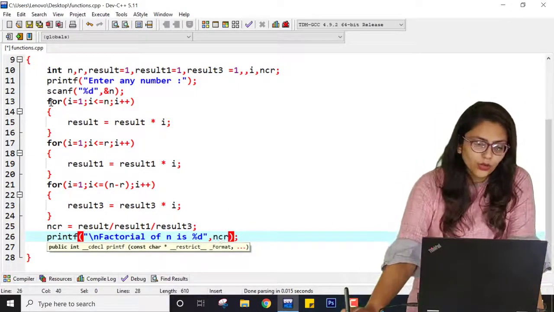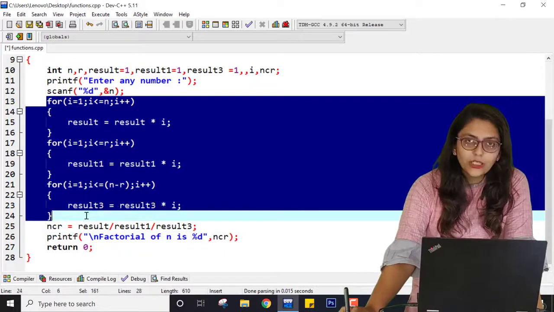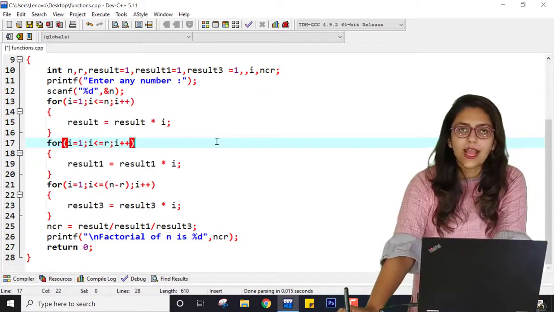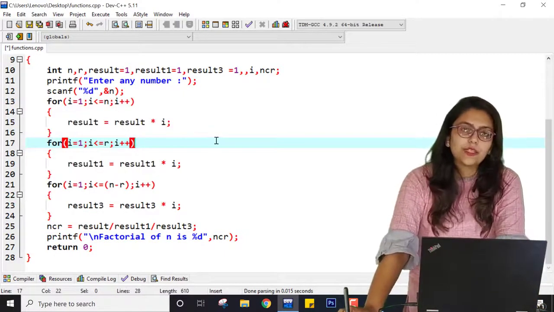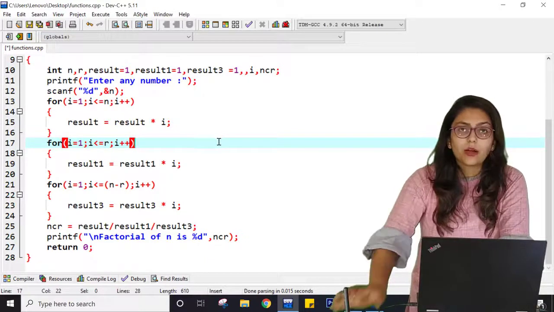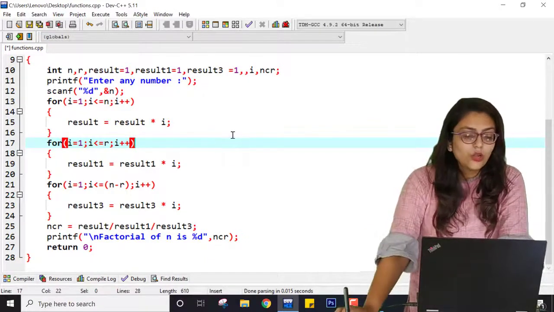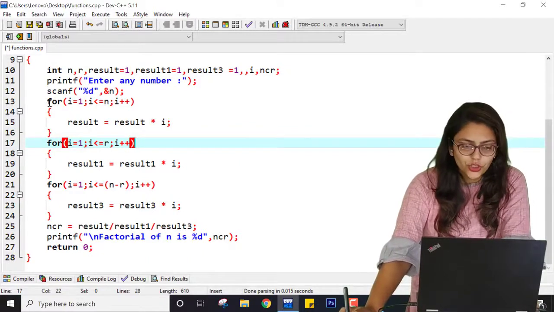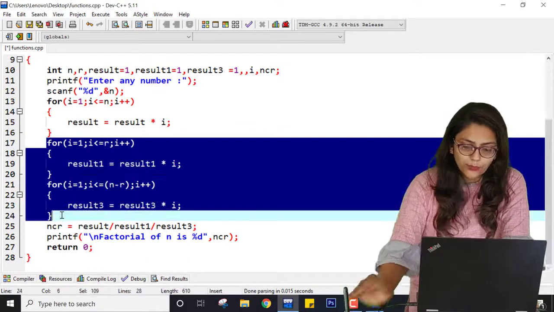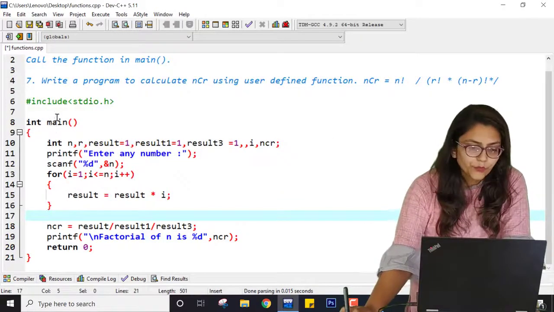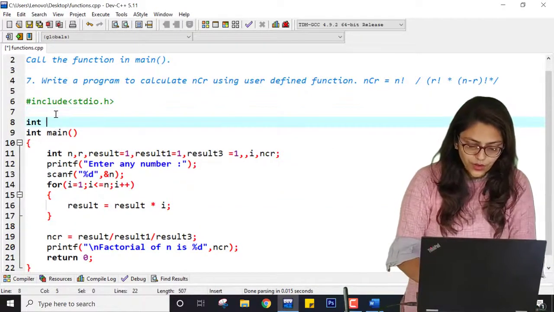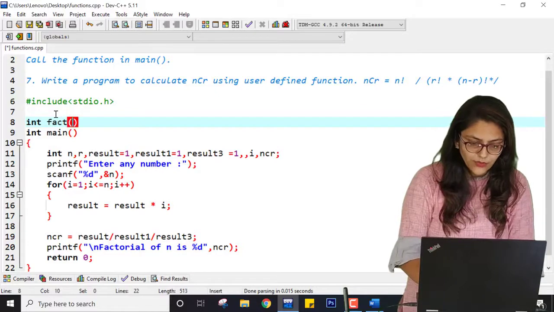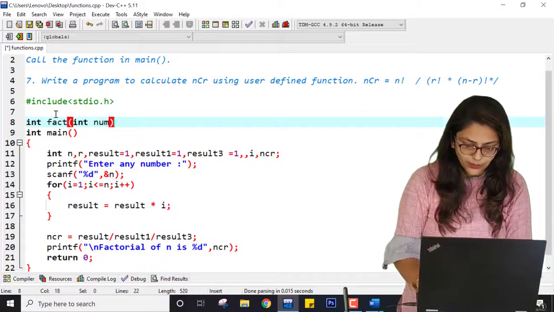So you have to run this loop 3 times, and when you will study some subjects like compiler design, in which you will study code optimization at compiler level, at machine level, then you will know that this loop costs a lot. So this is not an efficient program. So how can I perform this program by just using a single loop? I can create one function named fact, which will find factorial of a given number.